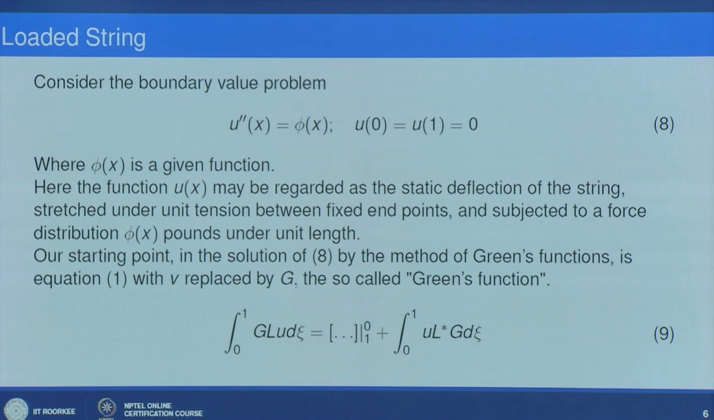Now let us come to construction of Green's function. To initiate, we take an example of one boundary value problem given as u''(x) + phi(x) = 0, with the boundary conditions u(0) = 0 and u(1) = 0, where phi(x) is some given function. Here we may consider u(x) as, say, the static deflection of a string, and this string is stretched under unit tension between fixed endpoints, and here we are putting this phi(x) as a force distribution